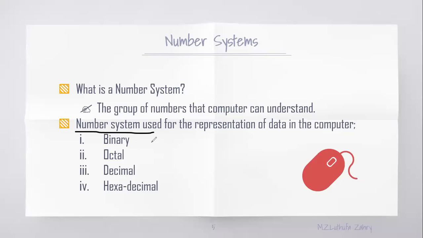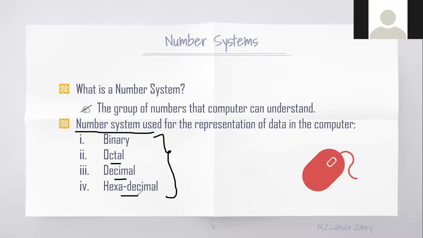So the four number systems you want to know are: first one is binary, next octal, decimal, and hexadecimal. If you know about all these four number systems, first you'll know what these number systems are, and then you'll start to learn to convert one number system to another. You're in grade 10, this data representation unit starts from page 68 and finishes at page 107.